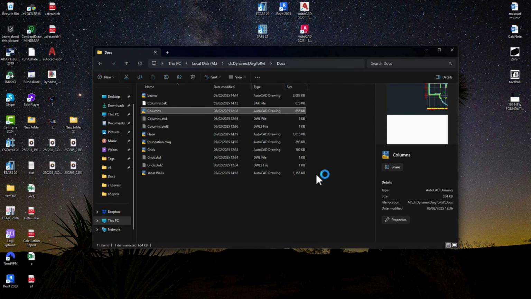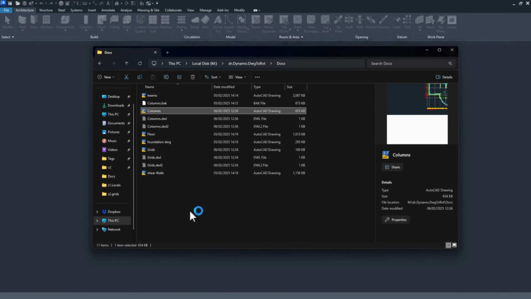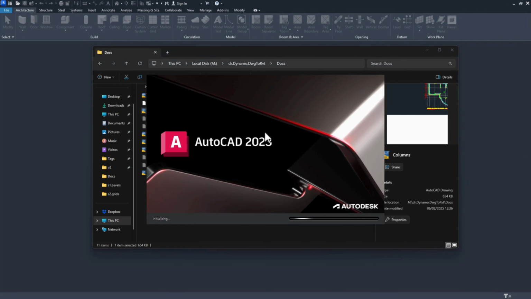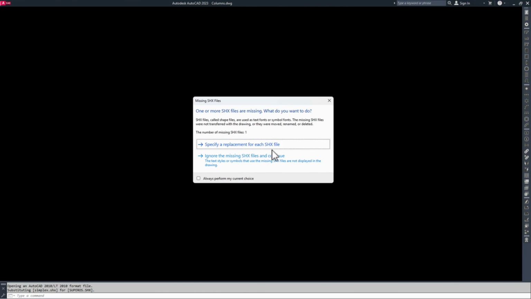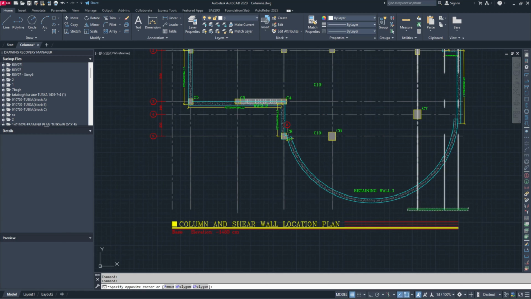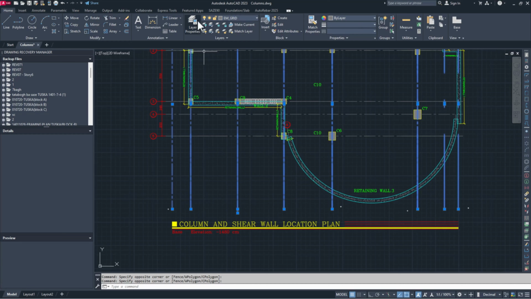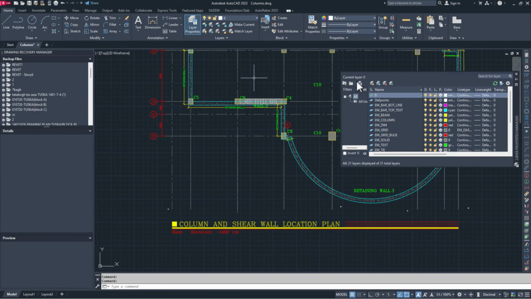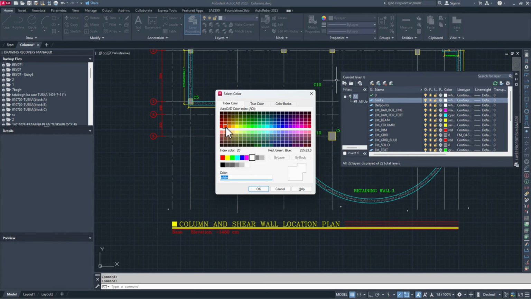First, we prepare the DWG for insertion into the Revit model and create the grid by Dynamo. We select the Y grid and create a grid point Y layer and set its color,